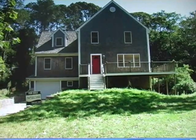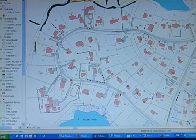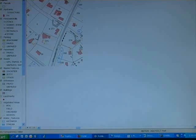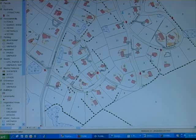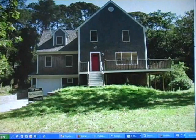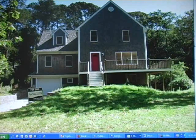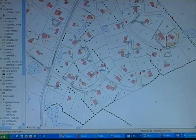This is a house example on Dearborn Road. Wanted to point out, over on Dearborn, right across from Gunning Point. Here's Dearborn. I believe this is the house right here, 15 Dearborn. Yep. Okay, single family house, nice house for sale, but I wanted to point out the size